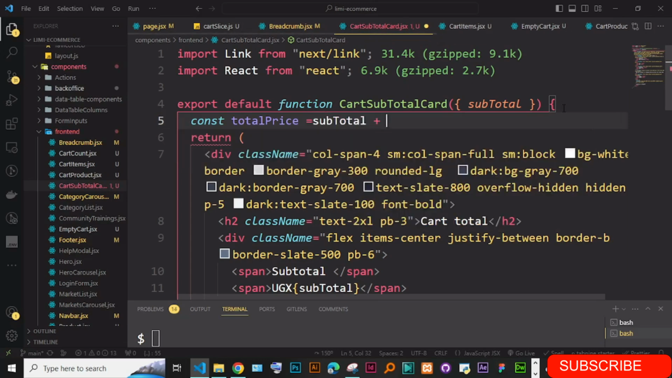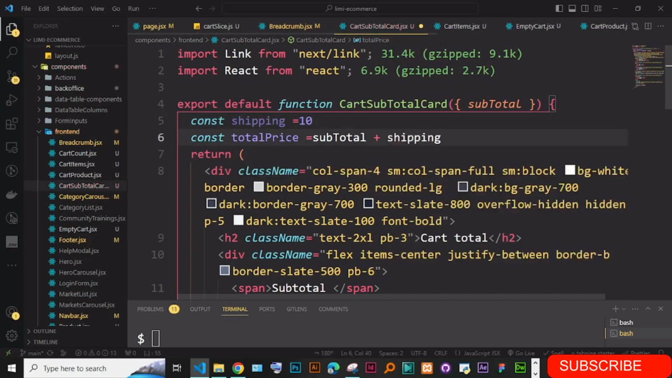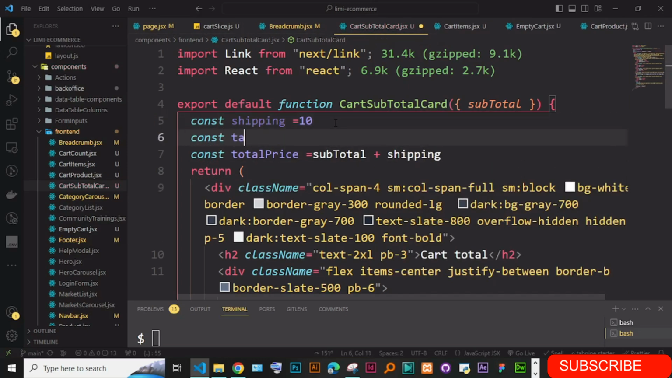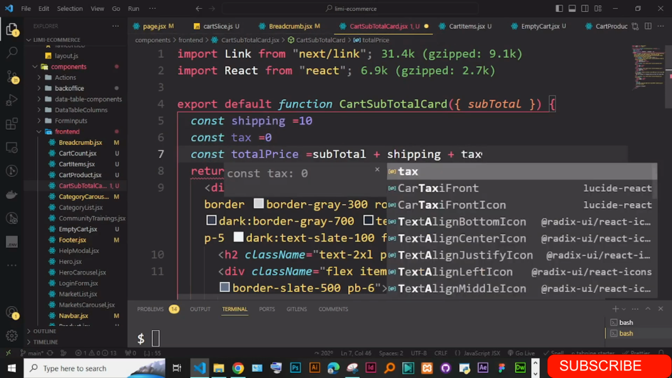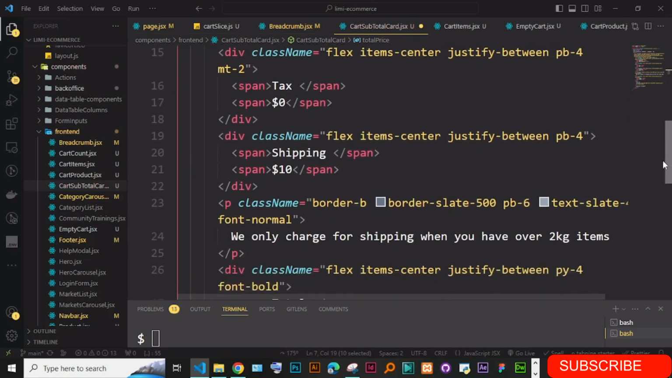plus shipping, so const shipping is equal to $10 right now, plus shipping, then plus tax. Yes, also const tax is equal to 0, and then you just say plus tax. Okay, just like that. So you can go here and replace all these ones with the actual figures